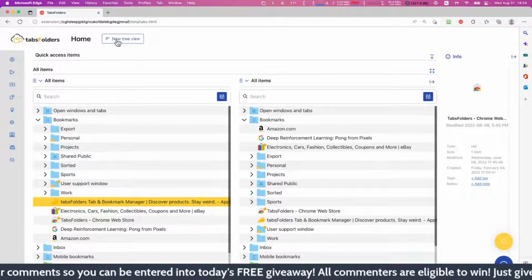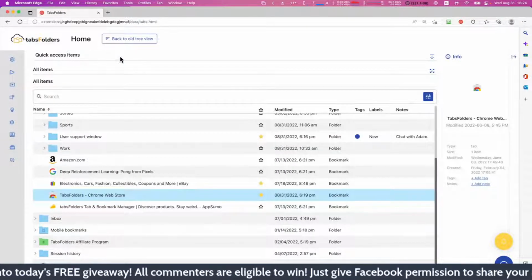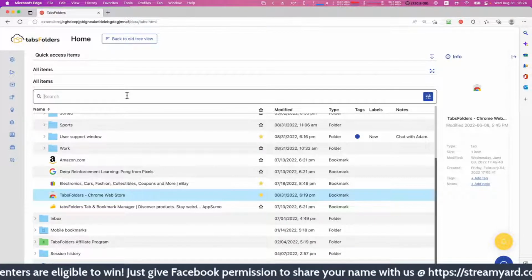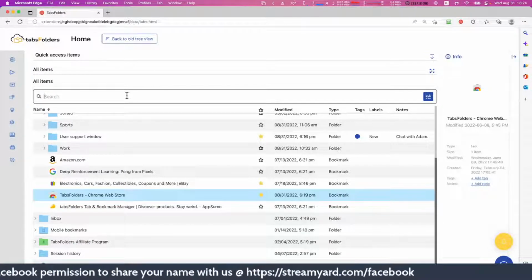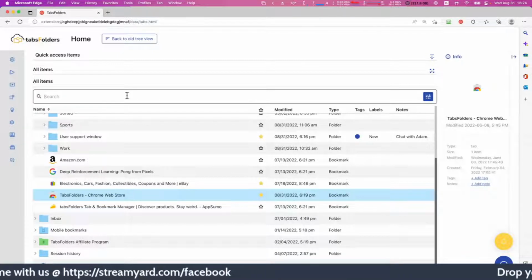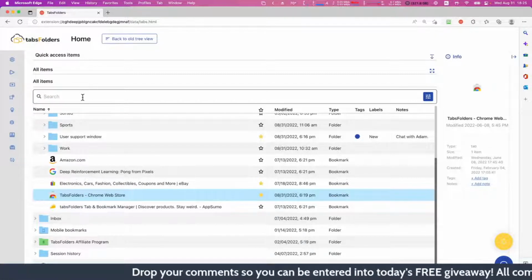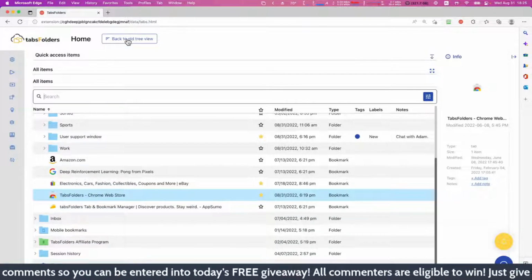Coming back, another new feature in this release, which we didn't plan on and didn't mention, but we decided that this is a major UX upgrade from user feedback and our own usage of Tabs Folders. The main point was that as you got more and more bookmarks, we noticed this especially with advanced search,